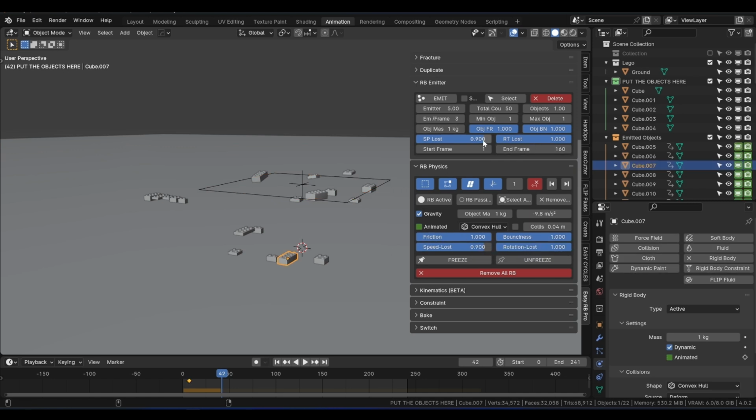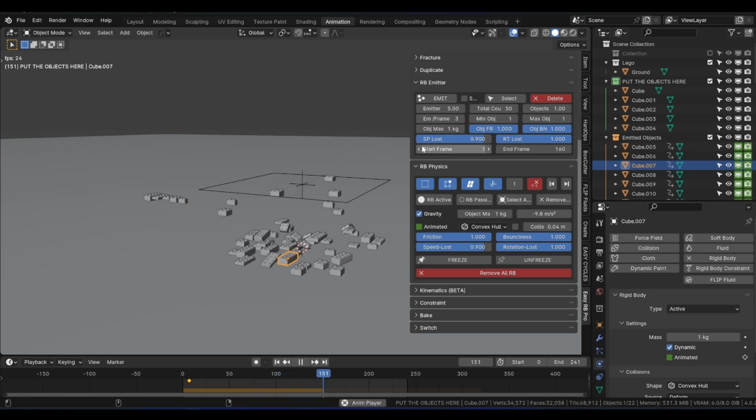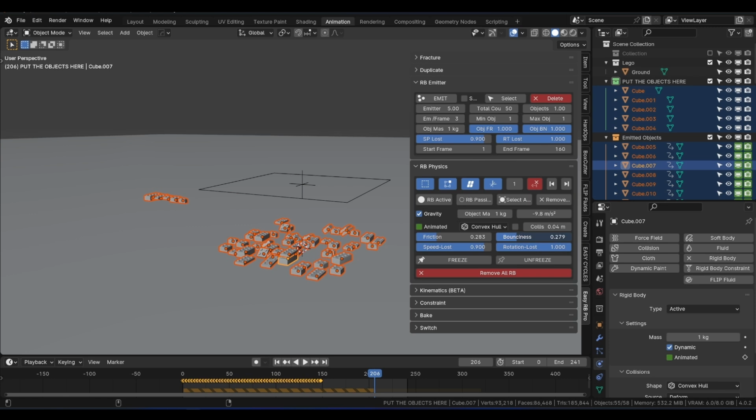So if we select one of them, you will see that the friction now is 1 and the bounciness is 1. And as you see, those are the first options that you can use from the emitter. And if you want to change them, you cannot change them from here. If you change them from here, it will not change for the objects. It will change for the next emission, but you can change them from here. You can select from this physics, and you can change the friction and the bounciness. You press Alt to change for all objects. So now if we select any object, you will see that they have the same values of this friction and the